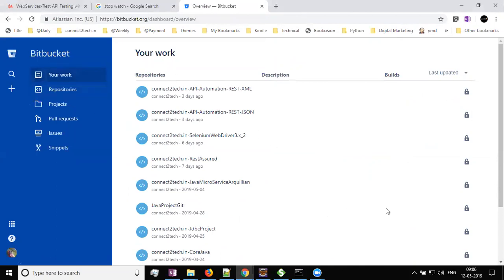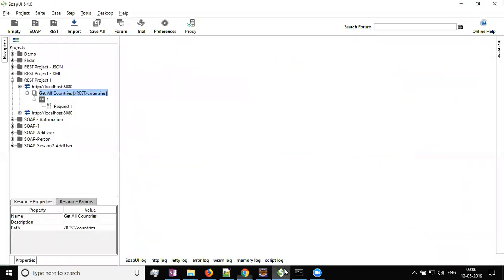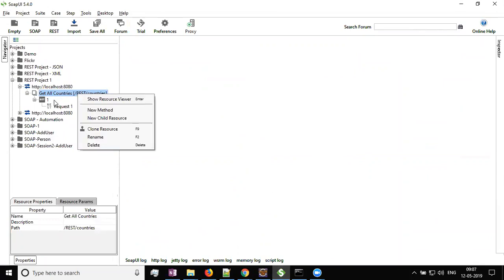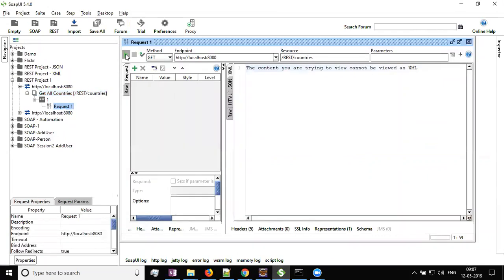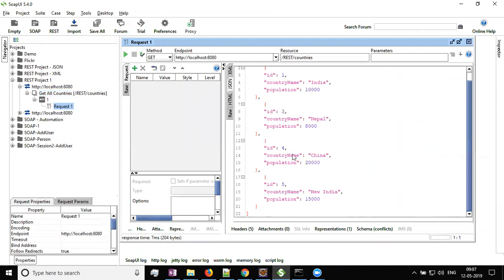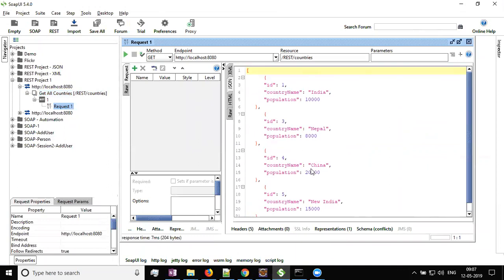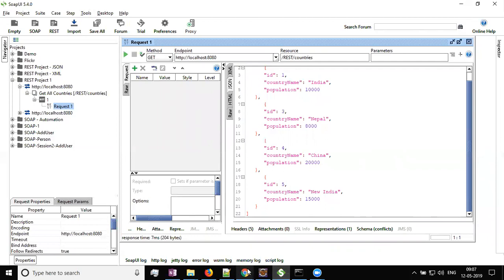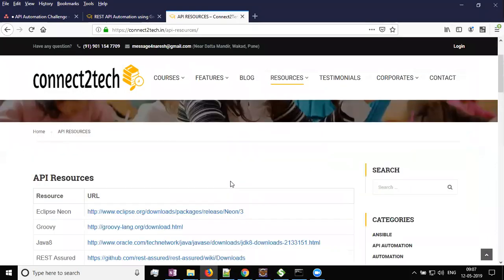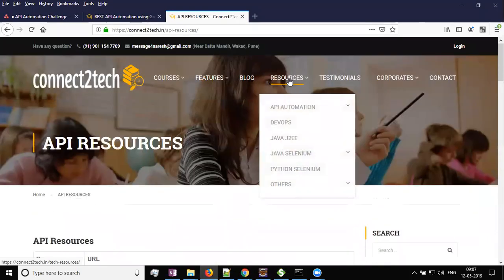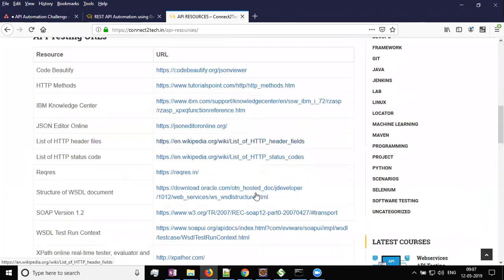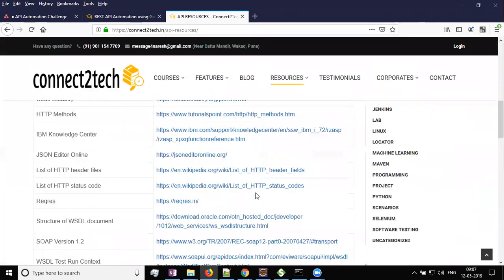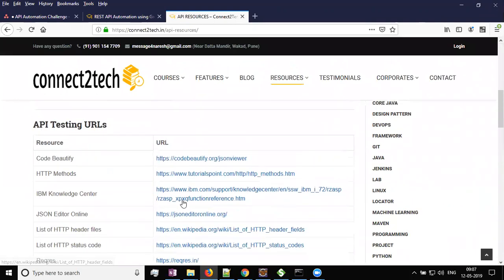Okay, so I'm hoping others are back. So let's get started. Once I do this and I run this request, this is the output I get, right? Yes, Smita? So if you go back to this link here, API automation, API resources, I have some links which I have shared for your future reference,